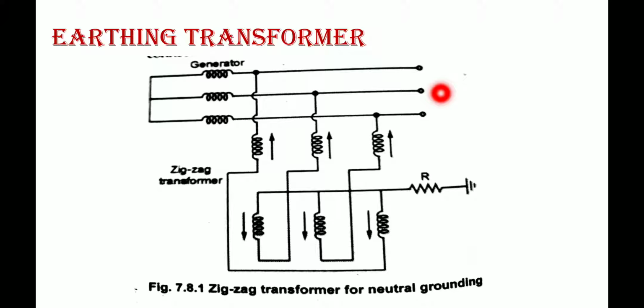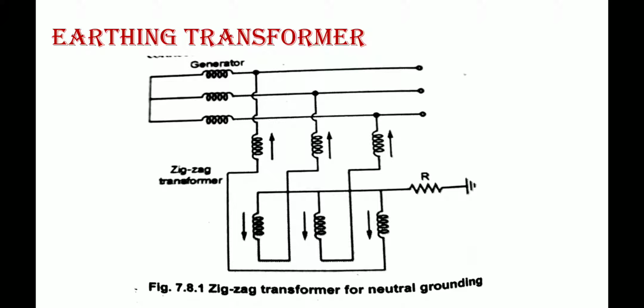So each limb is divided into 2 identical windings. One set of the winding is connected in a star fashion, in order to provide the neutral point here. Next, in the diagram we can observe the direction of the current. The direction of the current in the 2 sets of windings is exactly opposite to each other. Here it is upward, and here it will be downward. So the direction of the current in the 2 windings on each limb will be opposite to each other. Okay, let me consider how it is going to operate.